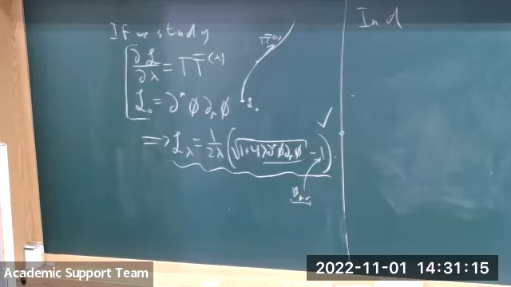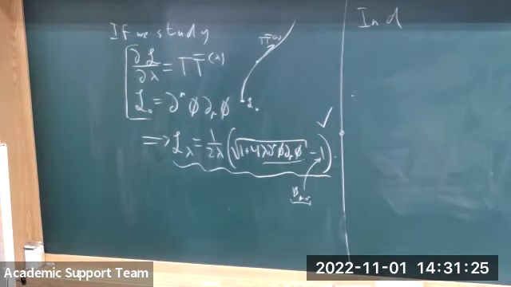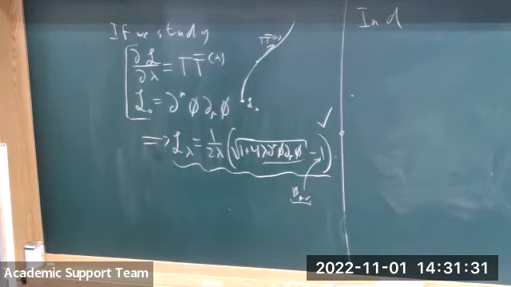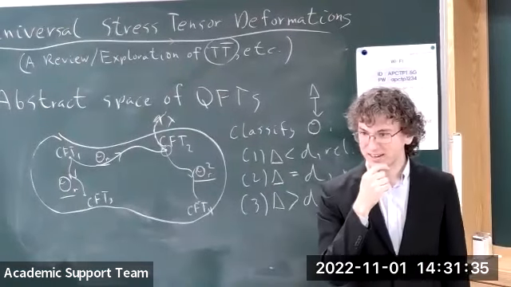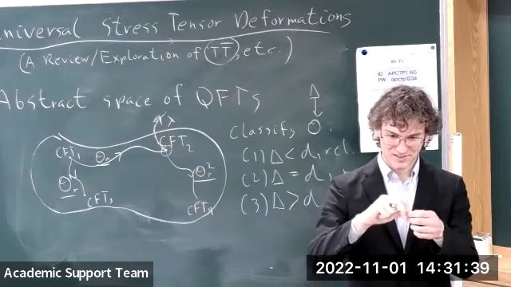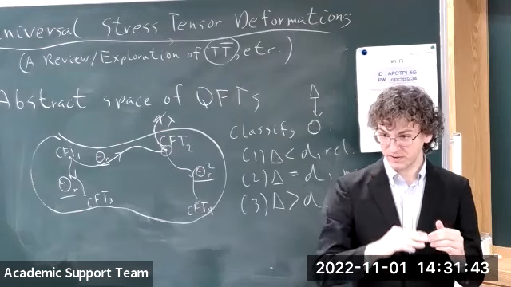As for the lambda parameter, is it related to RG? In a sense. People sometimes say that the TT bar parameter lambda is kind of like going up the renormalization group. So it's like a parameter along a curve that starts at a field theory and then goes up into the UV. But in a sense, that's somewhat misleading because an RG trajectory, almost by definition, is a one parameter family of local field theories as the scale is varied.